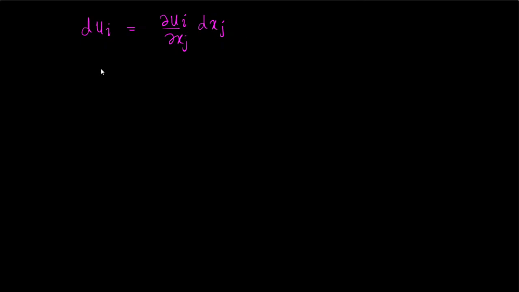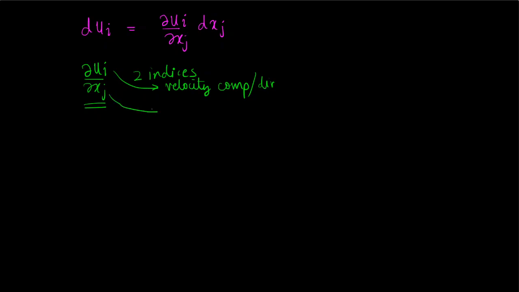Let us focus our attention on del ui del xj. This is an entity which contains two indices. The first index indicates the velocity direction or the velocity component, and the second index is the direction of the gradient, meaning del u del x is the rate of change of x velocity along x,